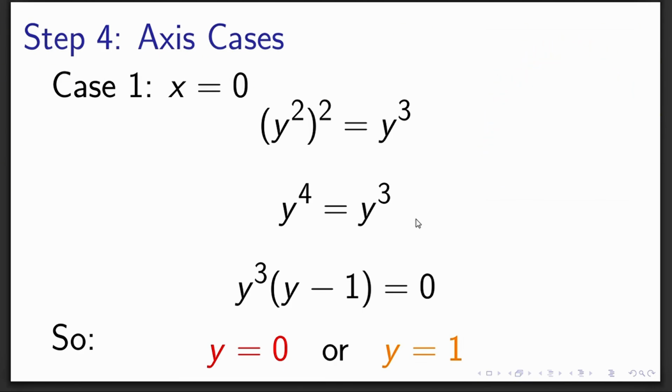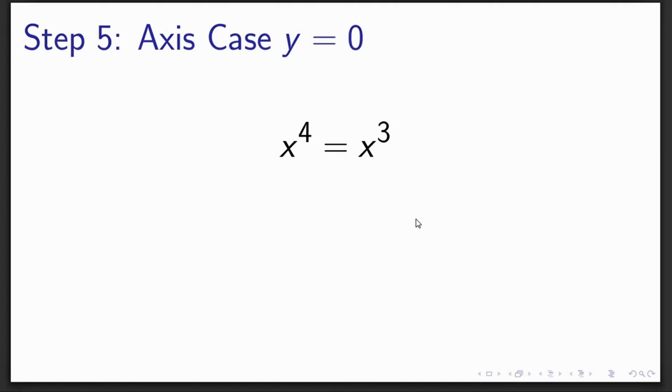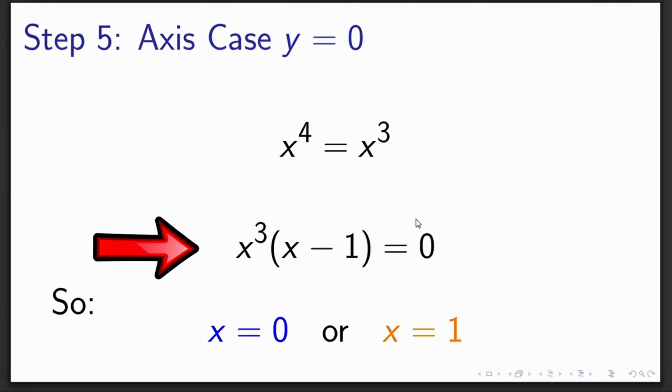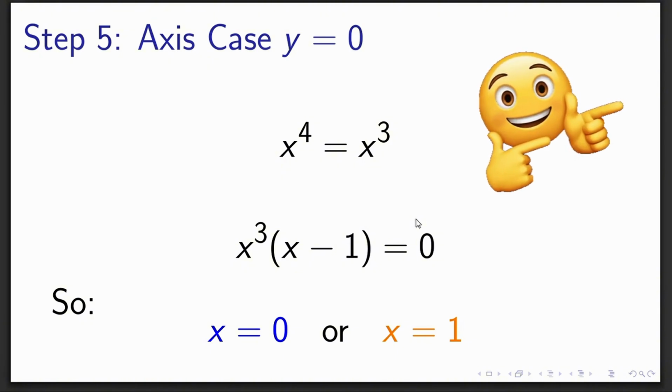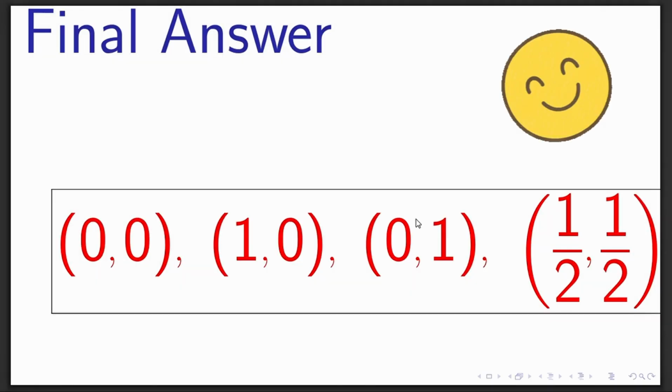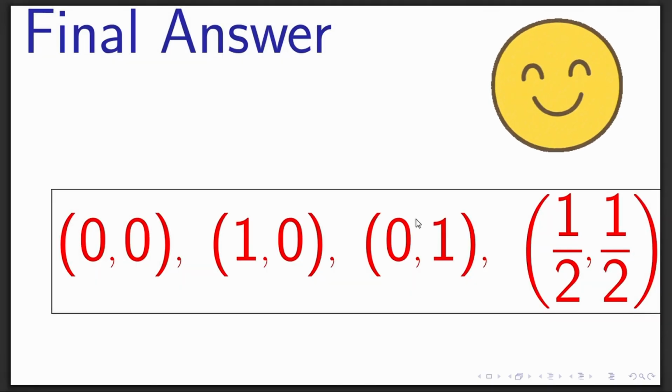Now I can substitute y is equal to 0 into our given equation. When I do that, I'm going to get x to the power 4 is equal to x to the power 3. Now I will move both terms to one side and take common factors. When I do that, I'm going to get x cubed times (x minus 1) is equal to 0. When I put both factors equal to 0, I'm going to get x is equal to 0 and x is equal to 1. So this means we have the final solution, and that is (0, 0), (1, 0), (0, 1)